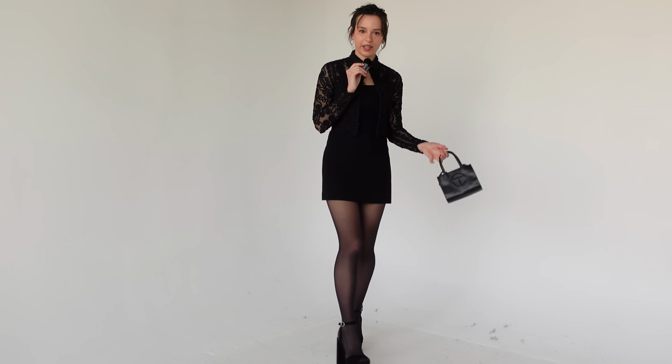Okay, should we do another skirt? I feel like a skirt and fancy top is so underrated for a wedding guest outfit, and I think it's really chic. The maroon bag with it. I think that this is so chic. Is it the most dressed up thing ever? No, but I think that